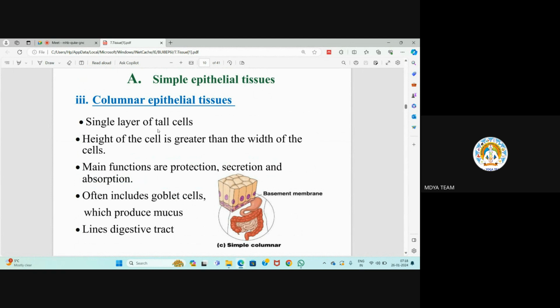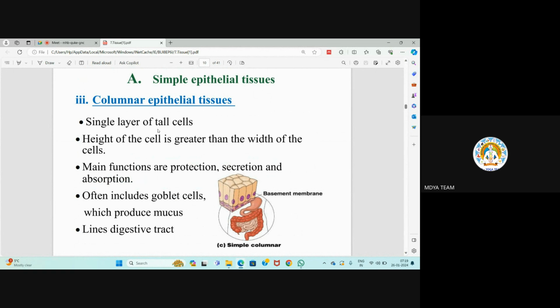So the total food pipe, from the mouth, esophagus, stomach, small intestine, large intestine, to the anus. This whole part is known as the gastrointestinal tract or GI tract. Like this, some other tracts are also there, like the trachea and bronchi. In these tracts or hollow organs,